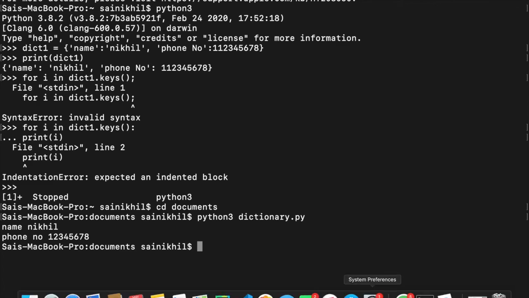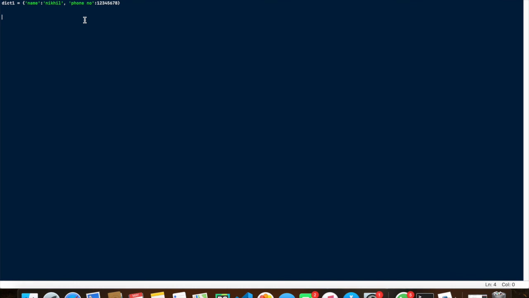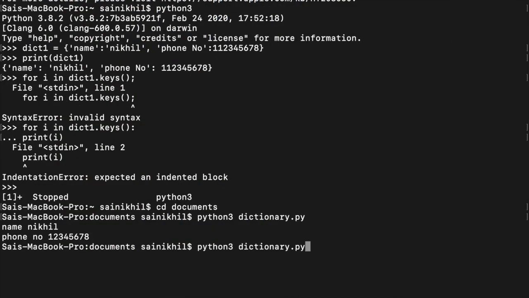And if you want to check whether a particular key is present in the dictionary or not, open your Python file, type if, let's say key name is present in the dictionary, then print yes. Now save the file, go back to the command prompt or terminal, type the same syntax, python3 space filename.py, enter, and the output is yes. It's because the key name is